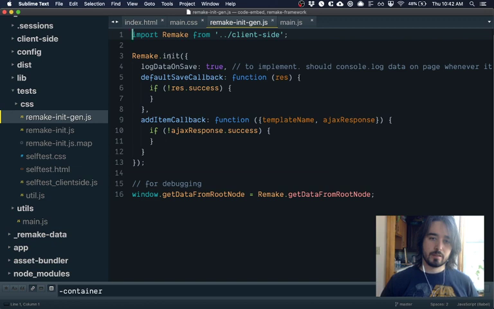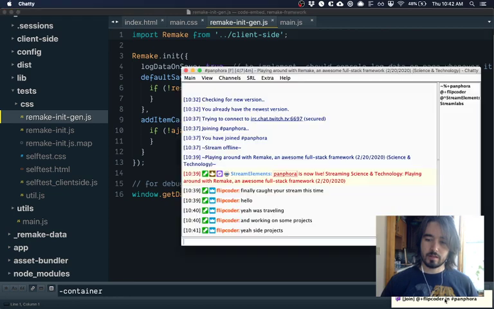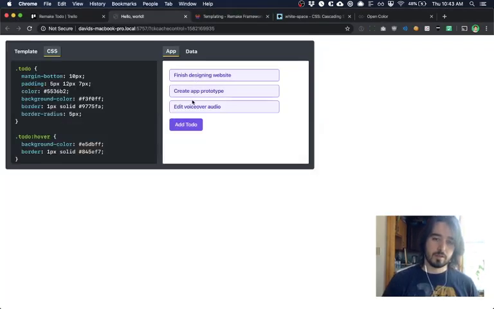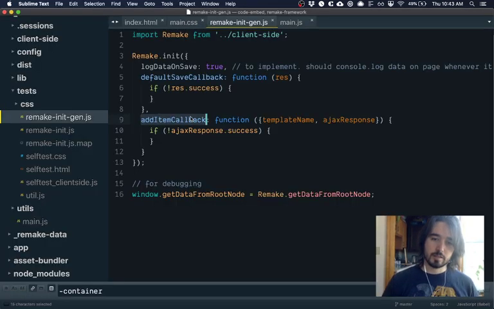And I think I can pass in, so the problem here is that the add item isn't going to work because there's going to be no backend for this, right? So I want this all to work on the front end. So clicking will work. I'll probably add sorting too. So sorting will work because it's just a single attribute, so why not? Clicking, sorting, that'll work. And then adding, oh, and edit, so editing, deleting, those will both work. And I'll get the data output from that, and I can just have a custom save function. But the add button isn't going to work because that's going to go to